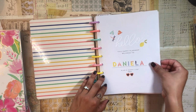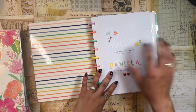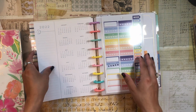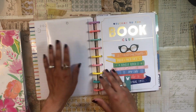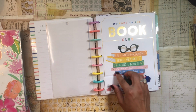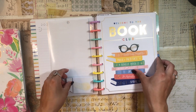So the title page, this is from the Marabou Designs, because right now most of this planner or this reading journal is from the Marabou Designs planner. So I just have the calendar on the back here, some stickers from their bookish sticker book. I just have a couple of sticky notes here. I like to use sticky notes to mark pages in a book that I'm reading,